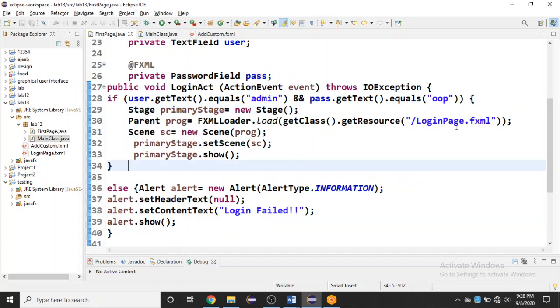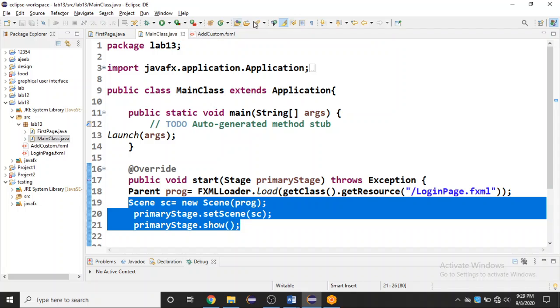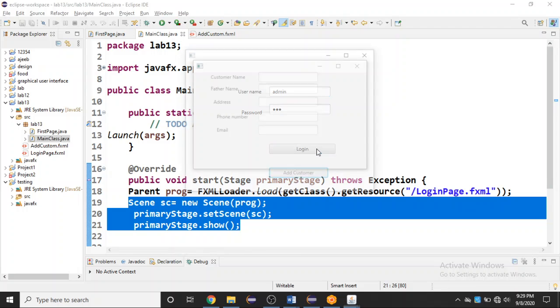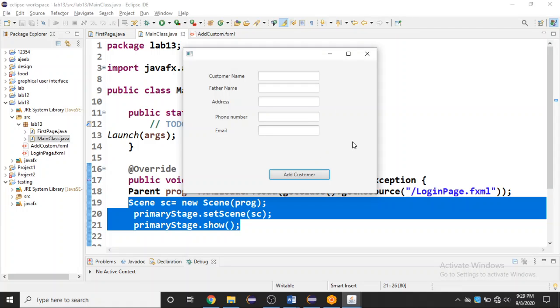In the if block I have to pass add custom.fxml. Now I am again saving this. Now coming back to main class, I am executing the main class. Now clicking on login button, we will have this add customer page.